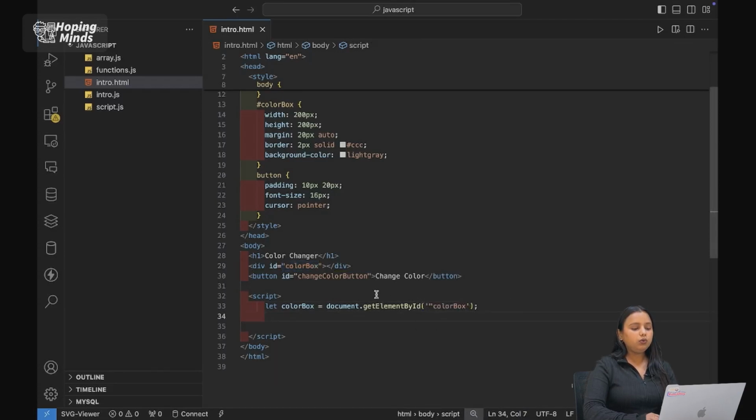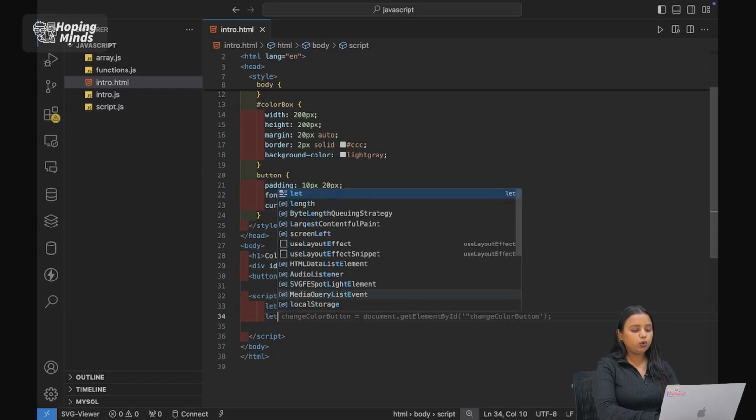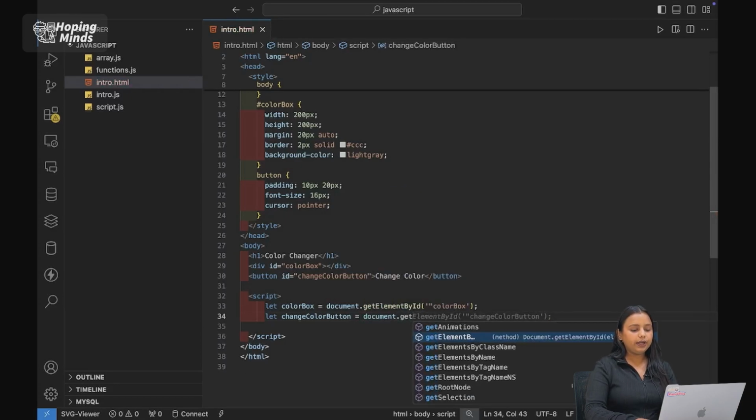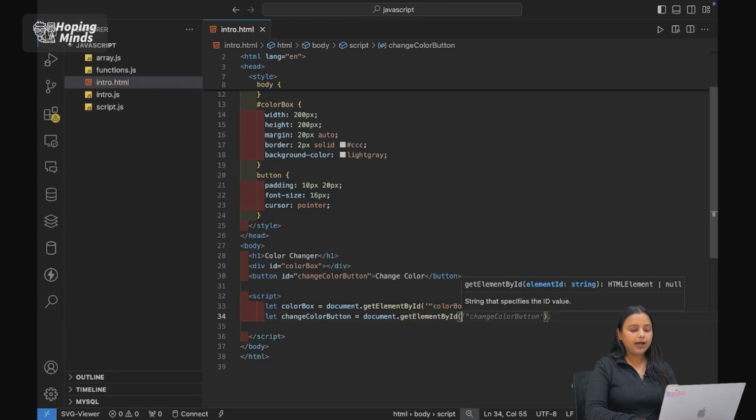Right, now let's select this button. Let changeColorButton equals document.getElementById, where in ID you have to put changeColorButton. It should be the exact name as you have taken on the button.